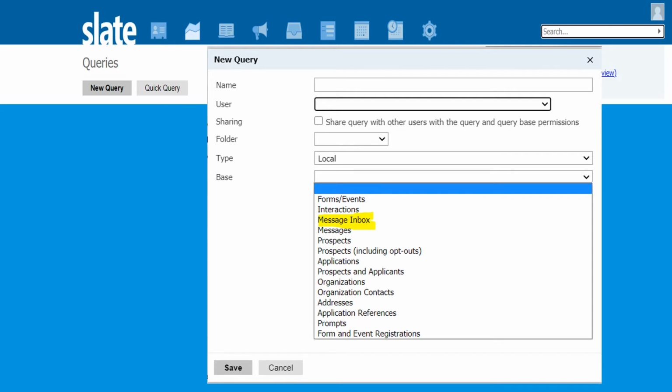This is similar to the next one, messages, right here. But messages, instead of Slate inbox, the source is your Deliver email and SMS marketing campaigns. Now, prospects including opt-outs, applicants, prospects and applicants, all pulling student record data and really depend on what you're looking for. So I may use